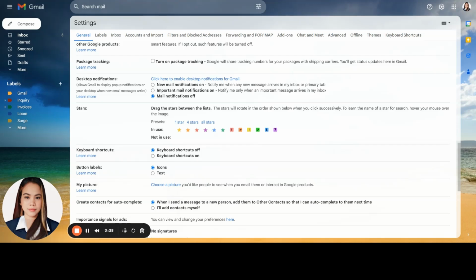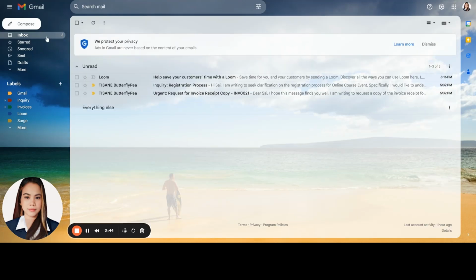The description or meaning for each star level can be customized according to you and your client's preferences. So you can use the yellow stars as follow-ups or any description that you want. For this example, since it is urgent, we can use the red box.